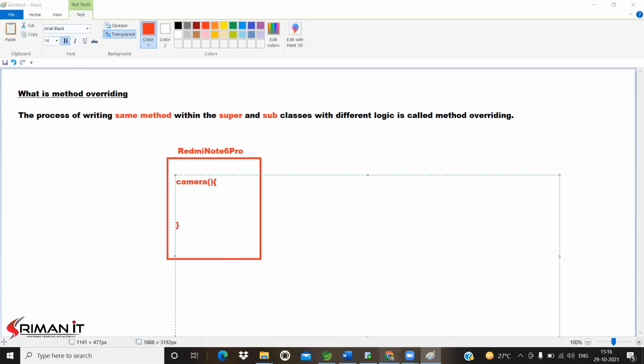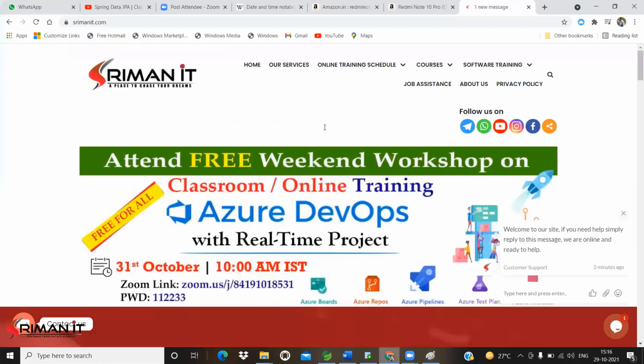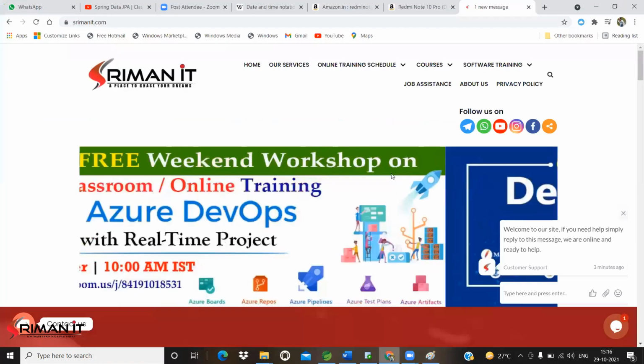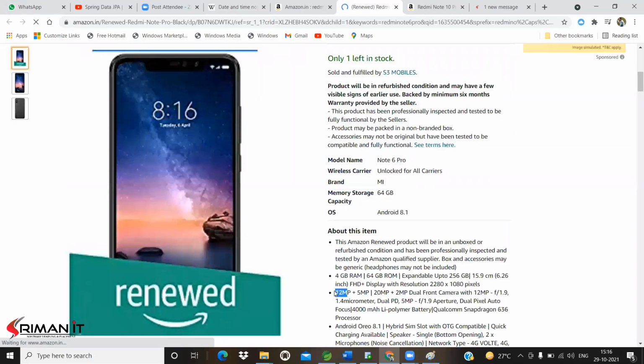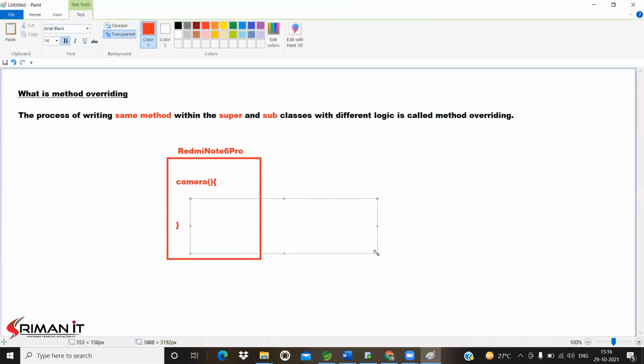What megapixels do we have in the Redmi Note 6 Pro? Once you click on Redmi Note 6 Pro, it will display the information. There is a camera option, 12 megapixels. So the Redmi Note 6 Pro camera provides 12 megapixels.